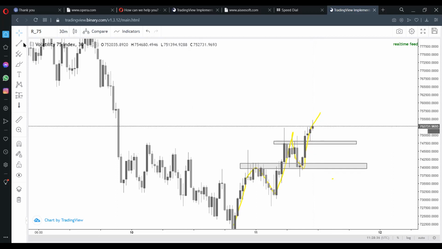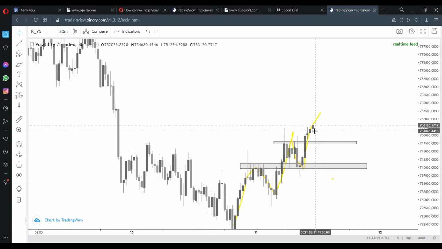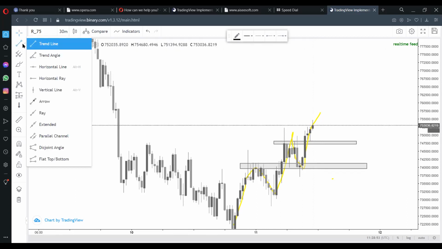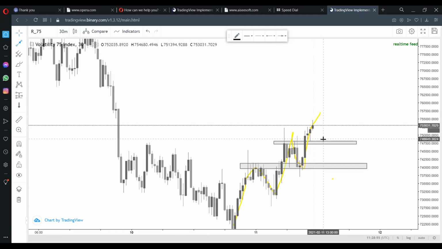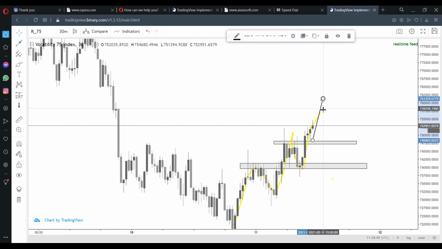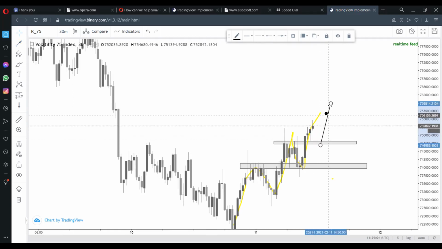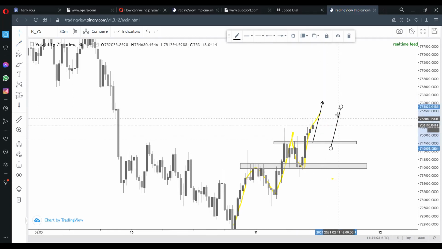We don't buy, only if you're an indicator trader, your indicator will tell you to buy right now. But if you're a price action trader, we don't buy here. Why? Because we price action traders consider the price is already in a high. So what we do is we wait for price to create a low